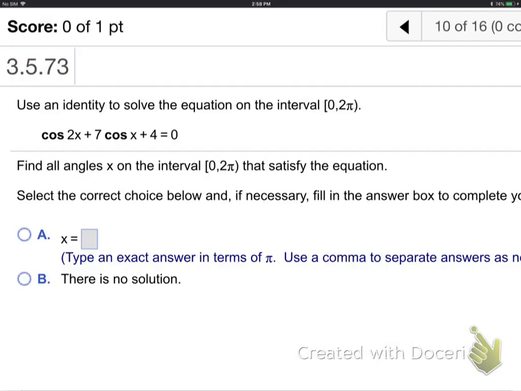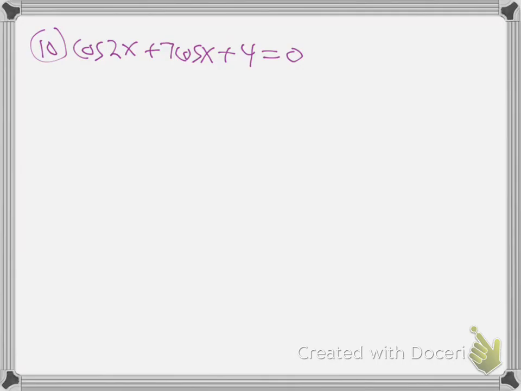Same thing there. Now, the cosine 2x. See how we have the same issue again? We have a 2x and a regular x, but this time it's a cosine. So 2x and regular x, we're going to have to use